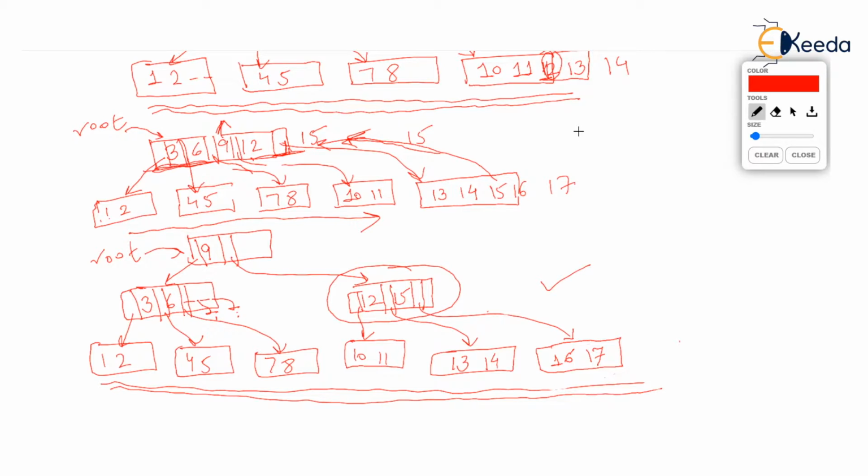After inserting 17 in the tree, the root got split and the root now contains only 9. Check this latest B-tree that we are having. The root contains only 9, and there are many leaves at the bottom here, like 1, 2, 4, 5, 7, 8. All these keys are stored in the leaf nodes and all leaf nodes are at the same level. Therefore, this tree is known as a balanced multi-way search tree.